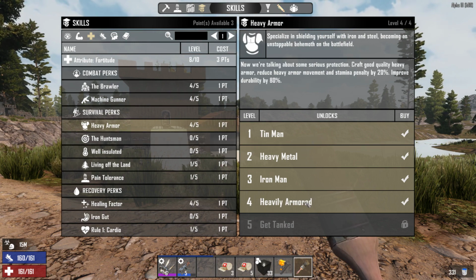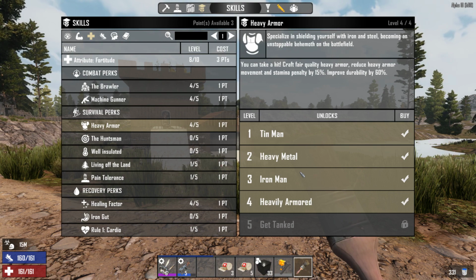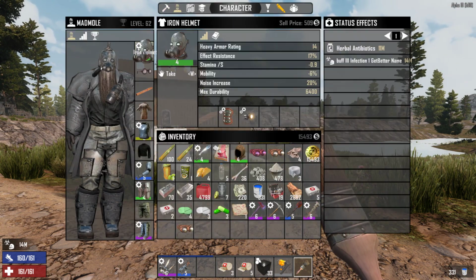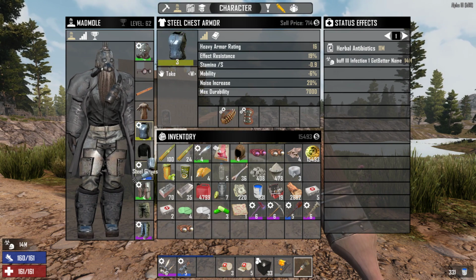Heavy armor, obviously, so I'm taking a lot of damage. Each rank of this is going to improve your armor durability and your stamina movement penalty. So I used to get pretty tanked running around in my armor, and now with it reduced to this level, and then the mods that I've got installed in my armor,